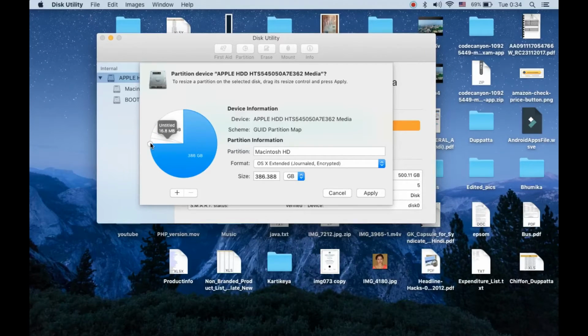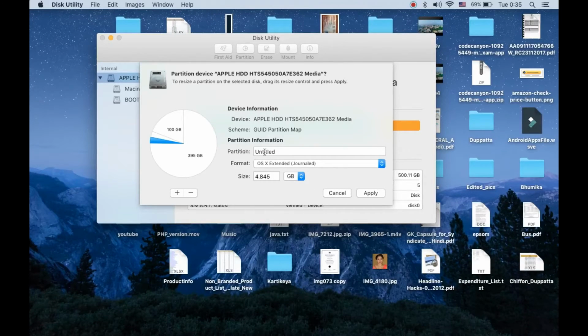Now what you need to do is create a small partition of like 1 GB, 2 GBs or maybe 5 GBs. You can select here. Now you can see 398 GBs. You can slide it down to, suppose, 4.85 GBs or 5 GBs. First of all you need to partition the main disk with this 5 GBs small partition. Now click on apply and keep the rest of the things the same.